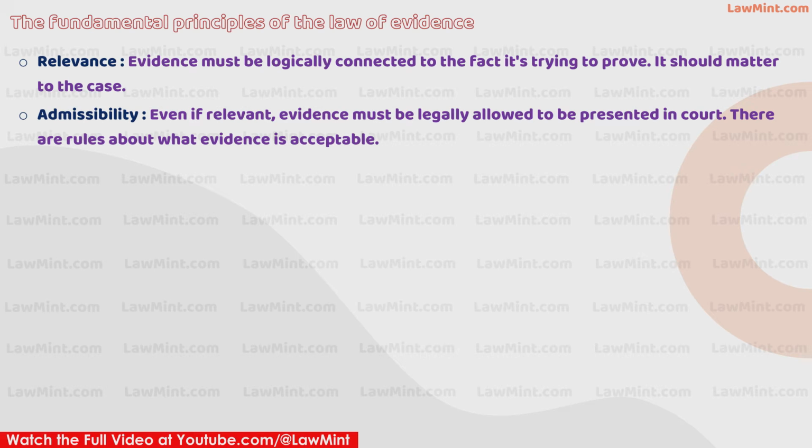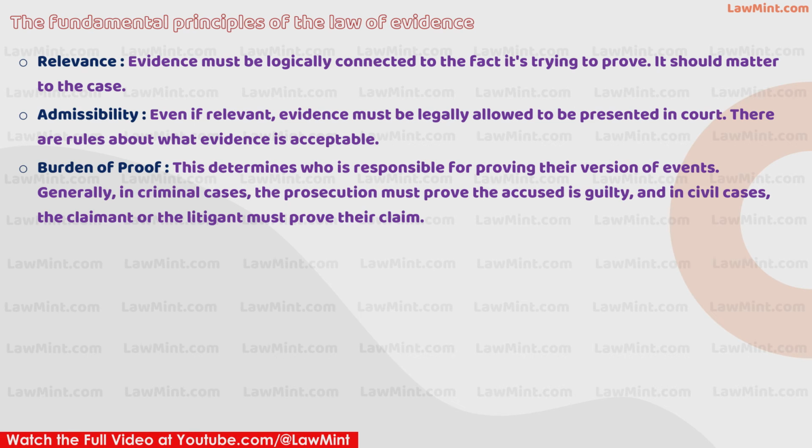The second principle is admissibility. Even if some evidence is relevant, it must be legally allowed, or admissible, to be presented in the court. There are rules about what evidence is acceptable and what is not. For example, a confession, if it has been obtained through torture, even if it is relevant, is not admissible in